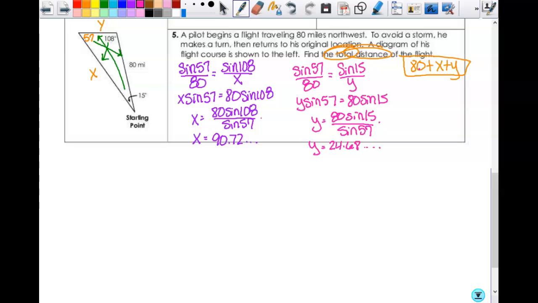One of the reasons that is nice to have is so you can actually look at reasonableness here. This is about 90, right? This is about 24, and those seem like reasonable numbers because if this is the biggest angle, this has to be the longest side. Like if this was less than 80, then something's wrong somewhere. So sometimes seeing the numbers, even if you don't compare them, if one of them was negative or one of them was like 1,800, something would catch your eye more so than if you don't even see what the value is. So either way, whether you do this and you store it, or you type in the fractions and